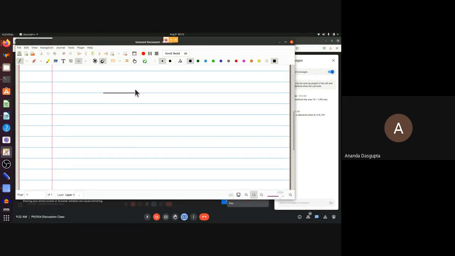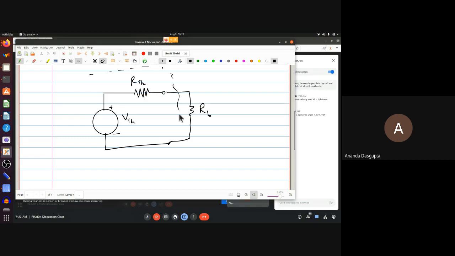I'm assuming that people have actually watched the Thevenin theorem video that came out later. But anyway, let's just say that this is what the scenario is. You have a black box and you're connecting a resistance from outside. Let's call that RL, a load resistance. So basically, you had this thing within your black box, some complicated circuit which you don't really care much about.